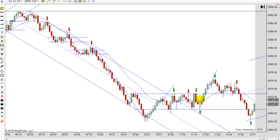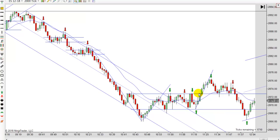this point. So as long as you got enough room to get out between entering here and up here, you might take that one. You might have used a limit order if you'd got a little better entry and given yourself some more room. It didn't matter, but you don't know that ahead of time. So notice how it's moving up,